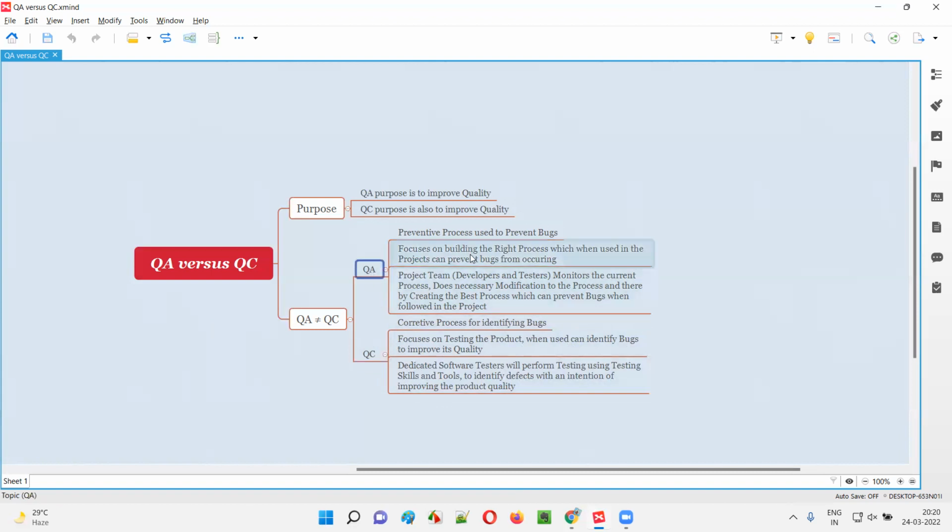QA is about the process followed in the project, whether that process is the right process or not. If the right process is followed, automatically bugs will not occur, right? But coming to QC, it's not about the right process. It's about testing or checking the software with the intention of identifying bugs, getting them fixed by the developers, and retesting them to see if the bugs have really been fixed, with the intention of improving the quality